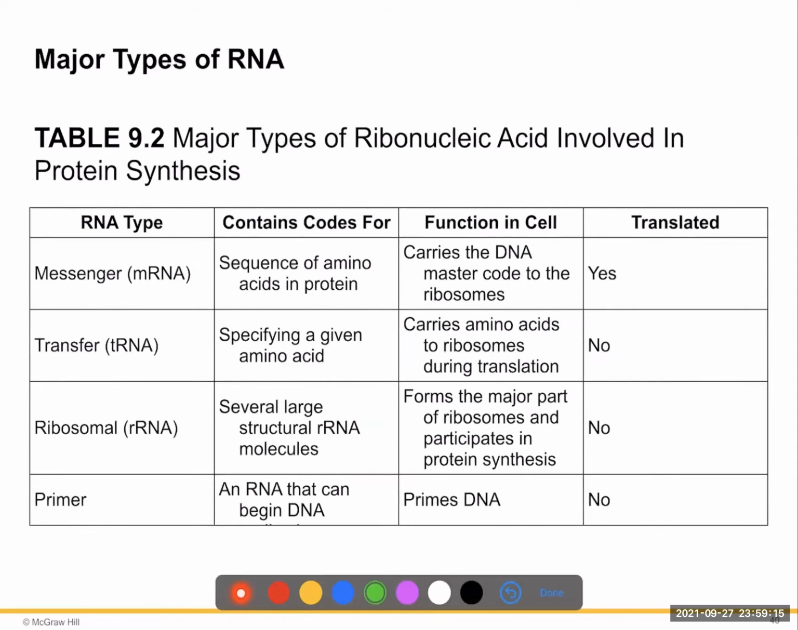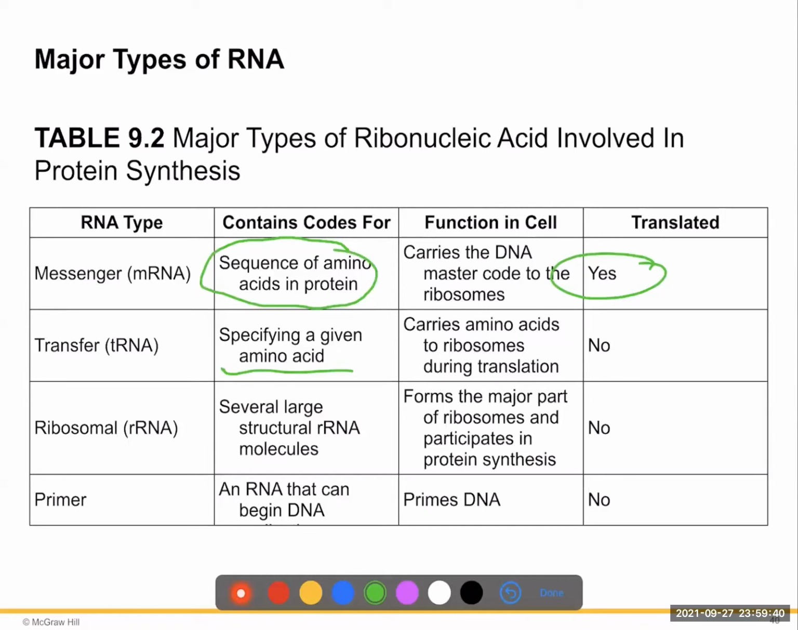So RNA types. Remember we said we have a messenger, transfer, and ribosomal. Messenger controls our sequence of amino acids and proteins. It's determined directly from the DNA. And in translation, the only one that's translated is messenger RNA. Transfer RNA gives you specific amino acids. It's a triplet code, and it carries amino acids to the ribosome where it's stapled together to make a long